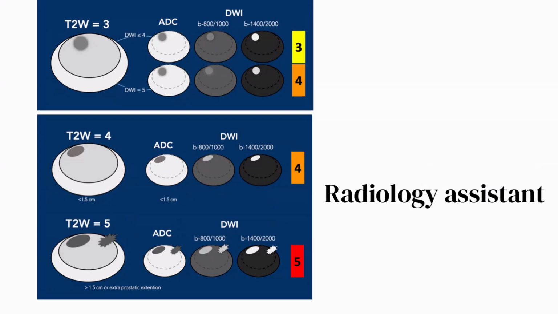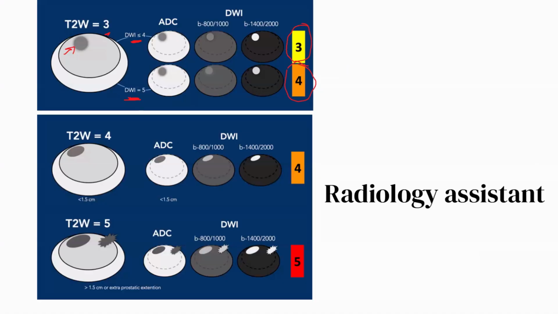If we have an ill-defined lesion, smear-like or ill-defined, this one is T2 score 3. So according to the diffusion, if it is below or equal to 4, according to the score on diffusion weighted image, this is PIRADS 3. If it is diffusion weighted image 5 and 4, the difference between this and this one is the size. If it is larger than 1.5 centimeter, or if it shows extraprostatic extension, this one will be PIRADS